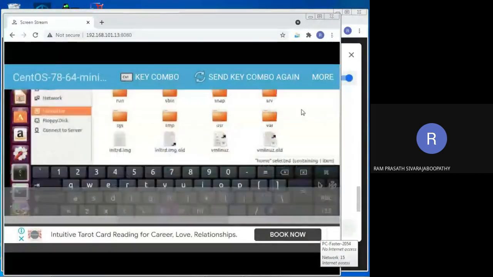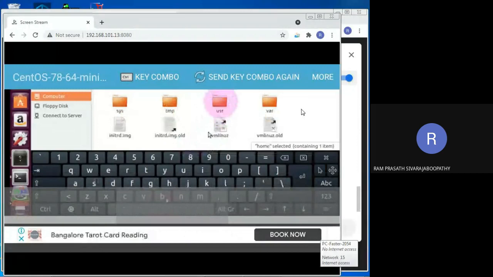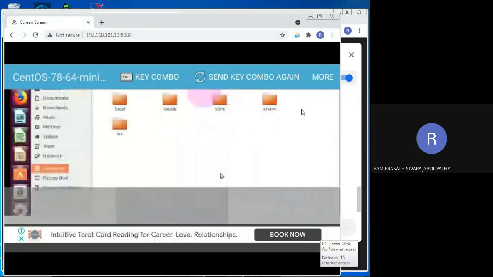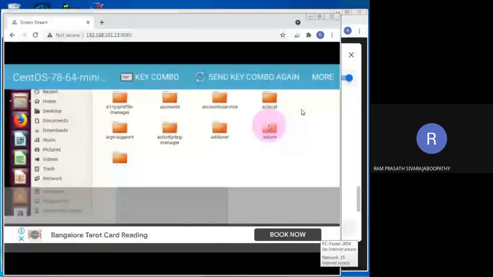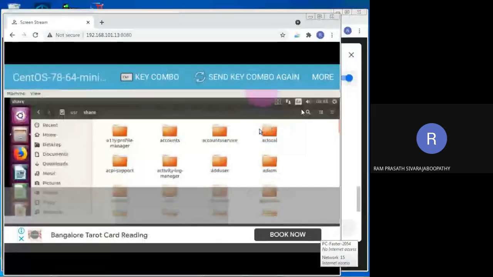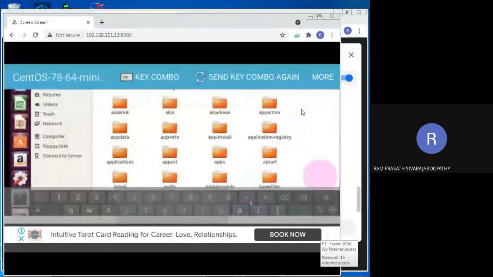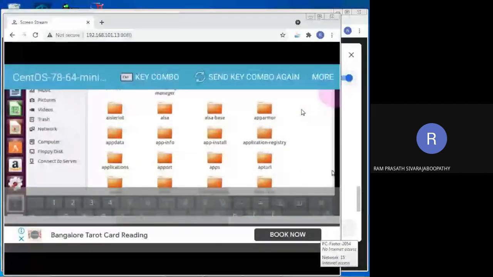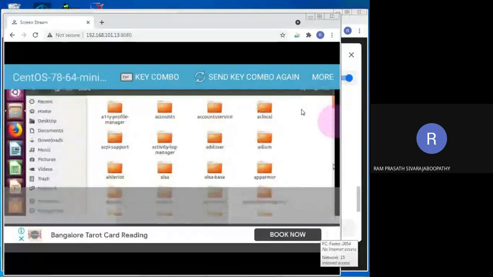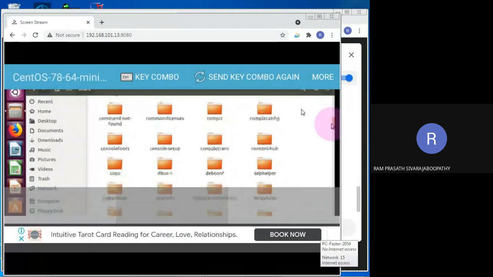Okay. Here you have to click on user, USR. Yes, I am clicking on USR. Wait a moment. So in this you have to go for share. Yes. Here in share you can find the SDCC folder somewhere. Wait a moment. For this you people have to scroll down. Yes, I have to go till S comes, the SDCC folder.